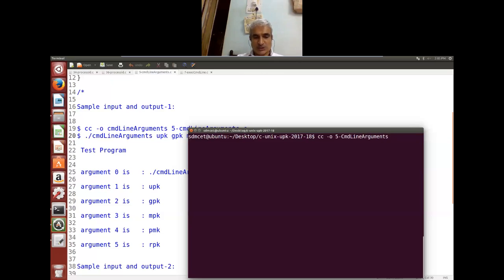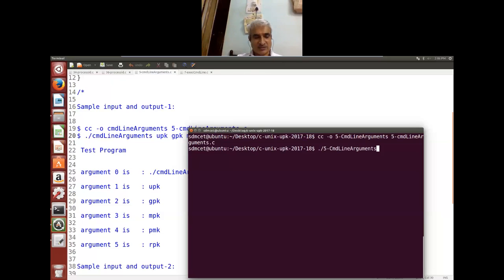Then the source file name is cmd line arguments.c. When I compile this, the executable file is now available. By mistake, I have given C in lowercase; I need to give a capital C, right? CMD line